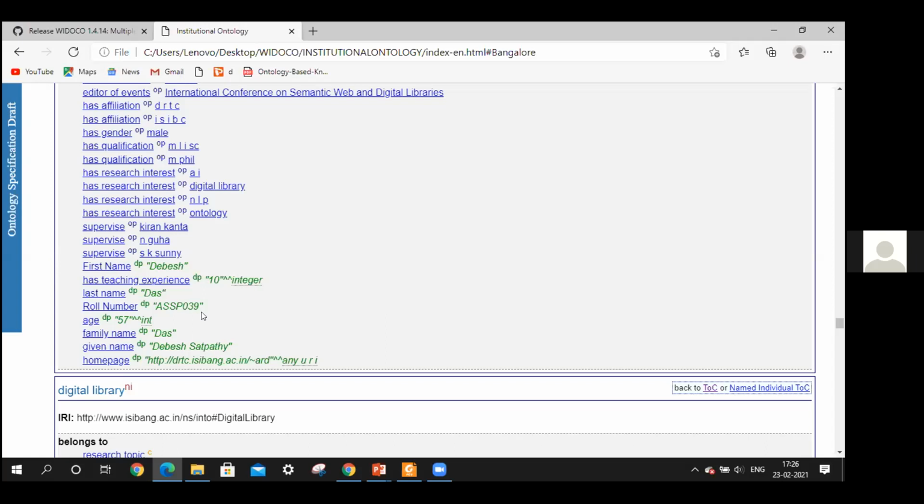Otherwise you leave it just as a literal, so that any value you want to give tomorrow will be accepted. But of course you know the limitation is that you cannot compute that value if you leave it as a literal, like a text. A string cannot be manipulated for computational purposes. If it is integer, then you can say 10 plus 10 is equal to 20.